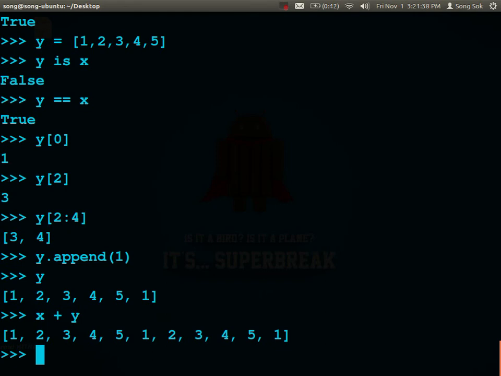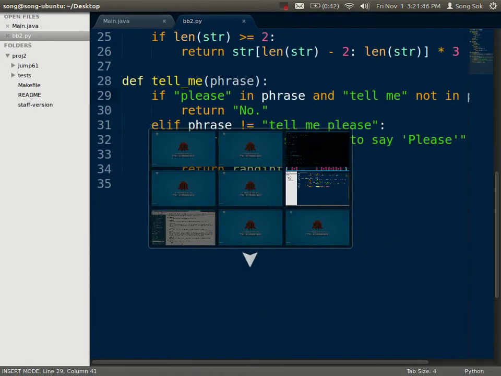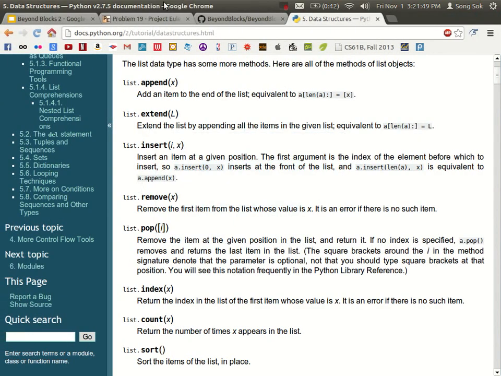But if you did want to add it using one of the functions that we talked about, if you look at this list, there is one called extend. And it says extend the list by appending all the items in a given list. So this is different from append because append only adds one single item, whereas extend will add multiple items. So if we try that,